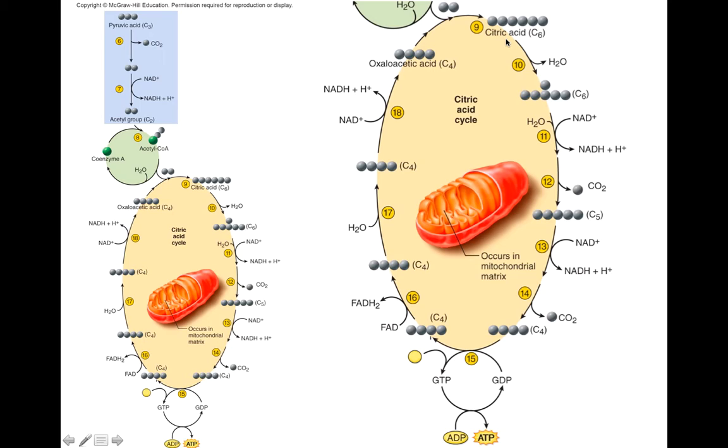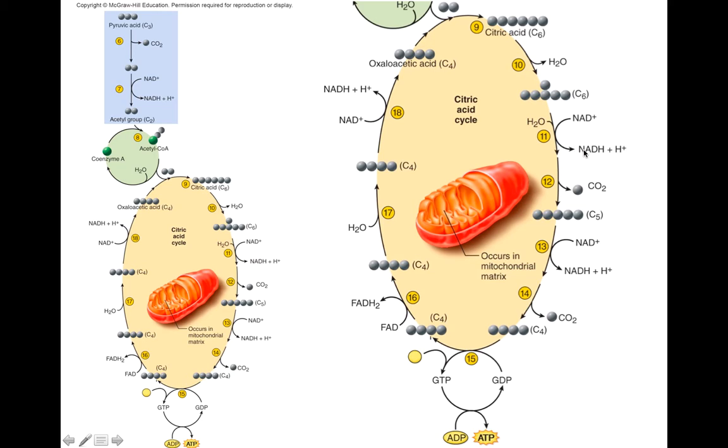Otherwise, just know that the Krebs cycle takes place in the mitochondrial matrix. It does require oxygen, so these reactions cannot take place when there's an absence of oxygen in anaerobic conditions. You must have aerobic conditions. But otherwise, this molecule will continue to be rearranged. Some carbons will be removed as carbon dioxide, and then as you work your way back around, you have these carbons added back on thanks to acetyl-CoA donating those carbons. But the most important thing that I want you to know about the citric acid cycle